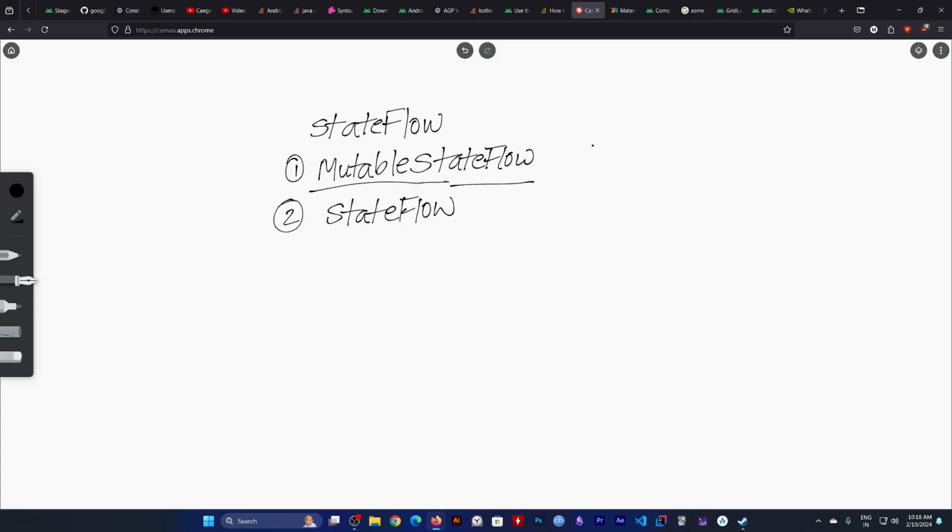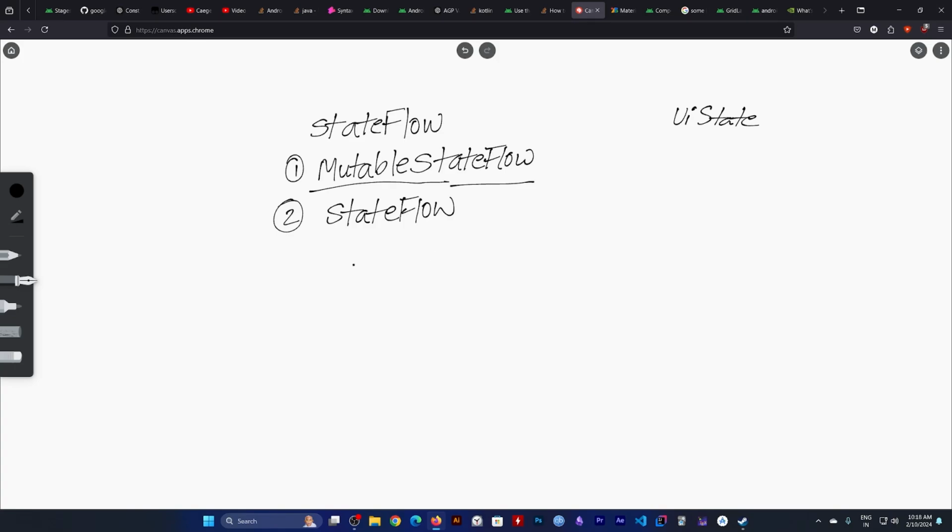So in the video, I passed the UI state object. So what does it mean if an object becomes a mutable StateFlow? Well, when an object becomes a mutable StateFlow, we can observe the changes that happen to that